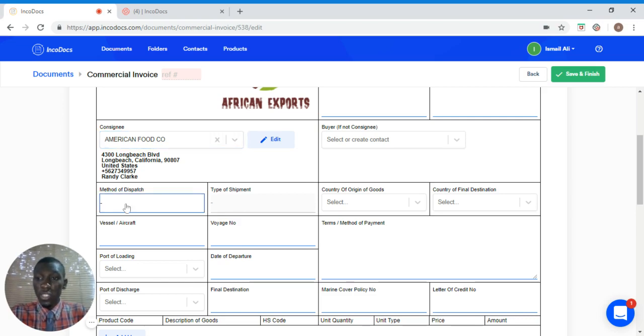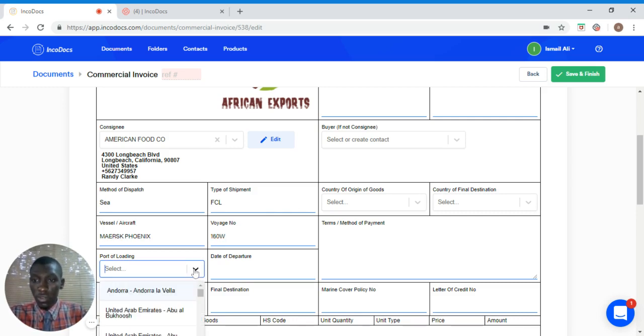So my method of dispatch is by sea, type of shipment, I'll choose full container load. The vessel, like aircraft, or just put the voyage number.